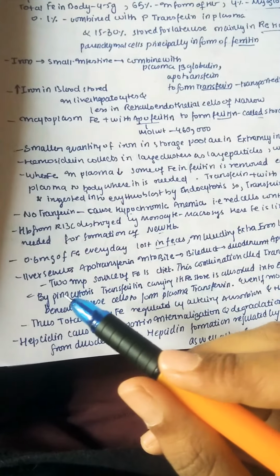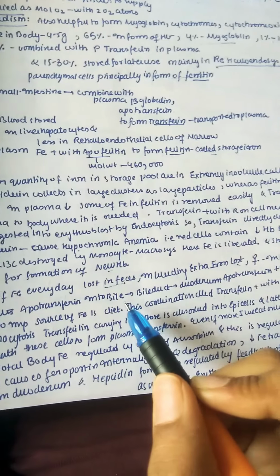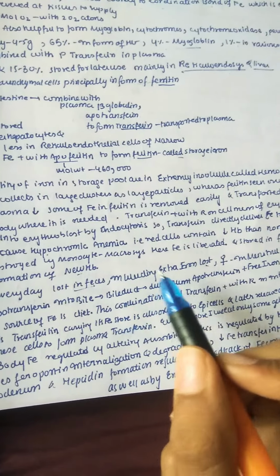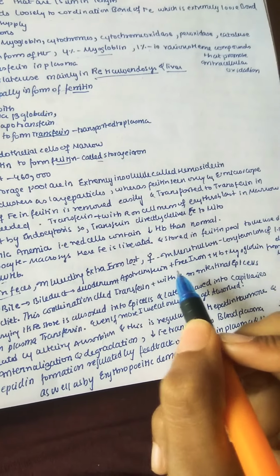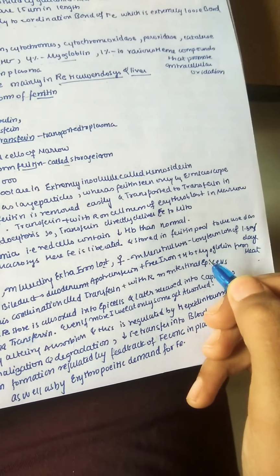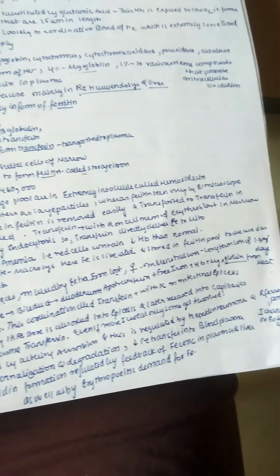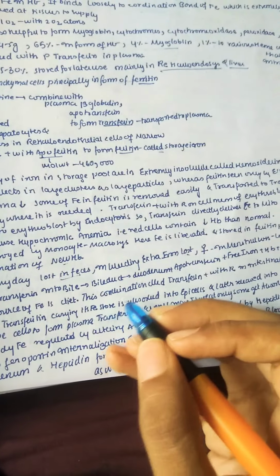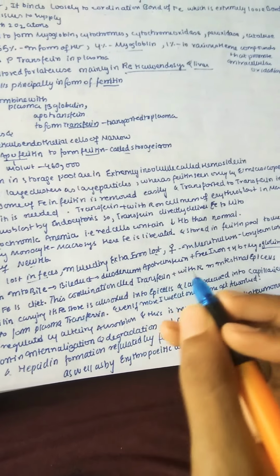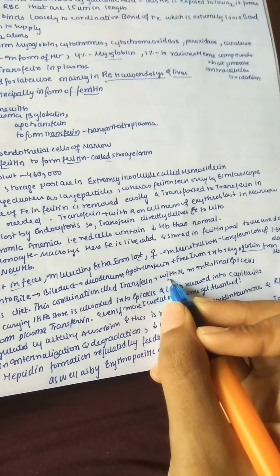That much of iron is lost, and the liver secretes apotransferrin into the bile, and from the bile it enters the bile duct, and from the bile duct it enters the duodenum. Apotransferrin along with the free iron binds with the hemoglobin and the myoglobin, and myoglobin is mainly from muscle meat. So the two important sources of ferrum are diet, and this combination, called transferrin, binds with the receptor on the intestinal epithelial cells,